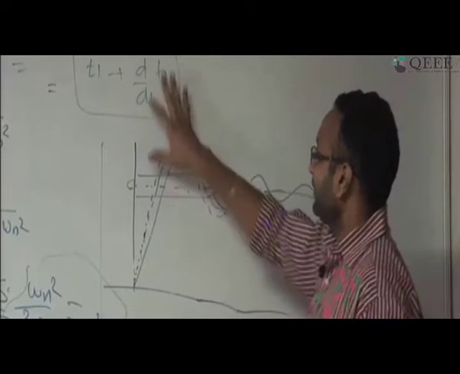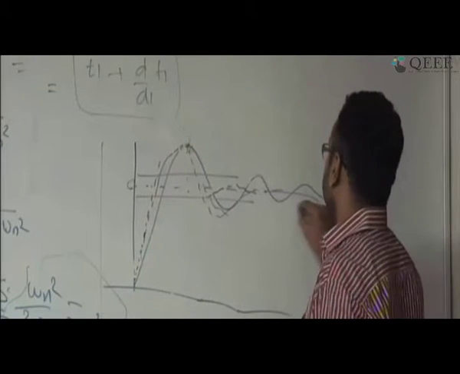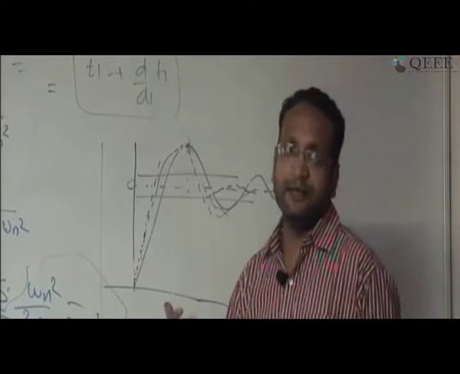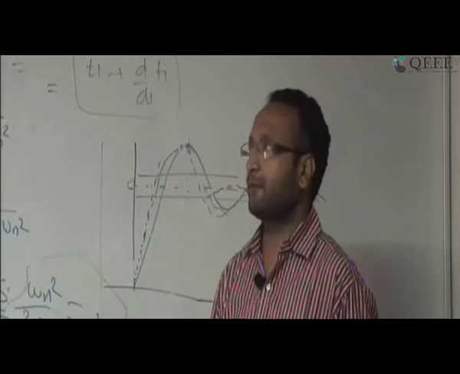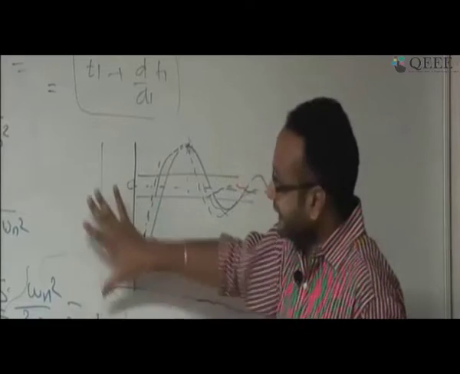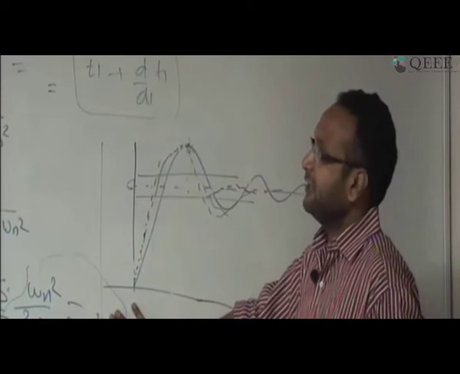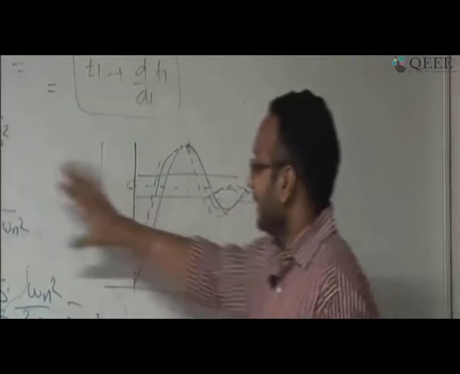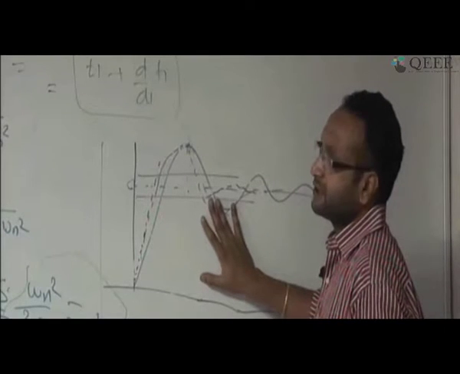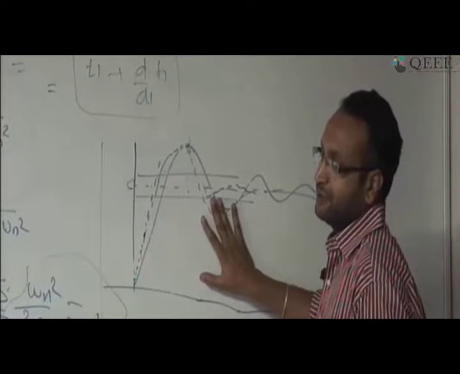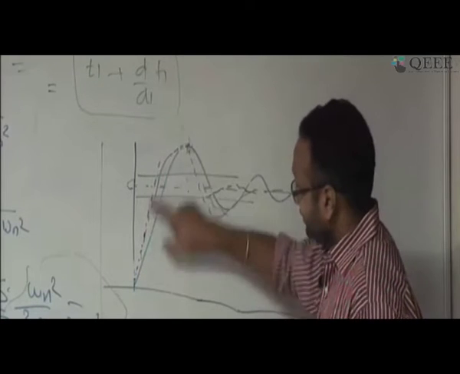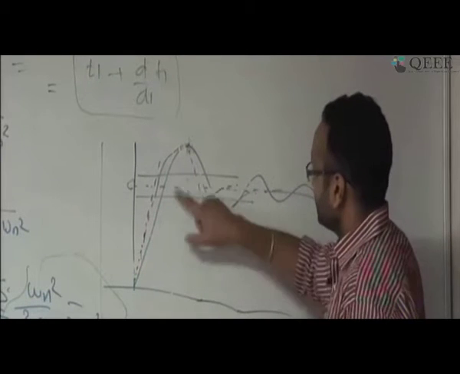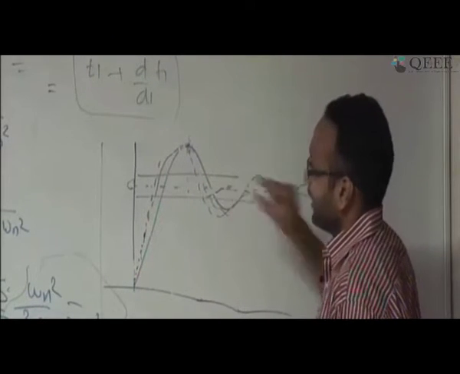Okay, and remember, this derivative term will not play any role in the steady state value, because the derivative term will be zero, so it will work as a proportional controller. So this is an intuitive way of understanding that if you use a derivative controller, it helps you improve the response of the system. It helps you make your system faster. Okay, with this you can look at it. There is a good chance it will enter the tolerance band early.